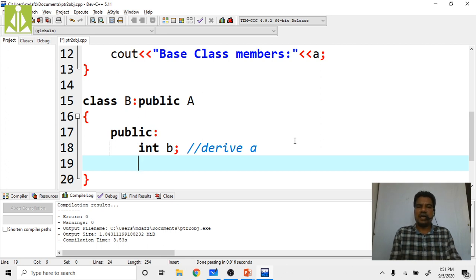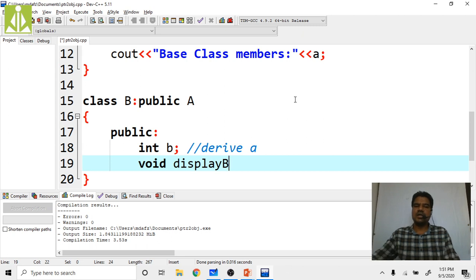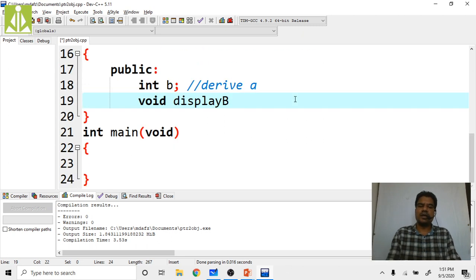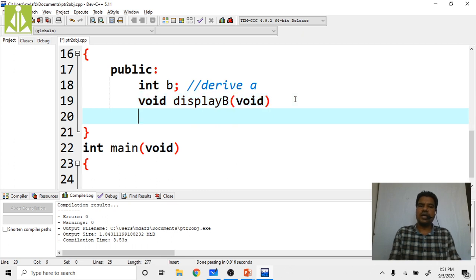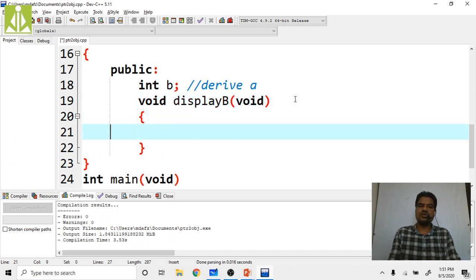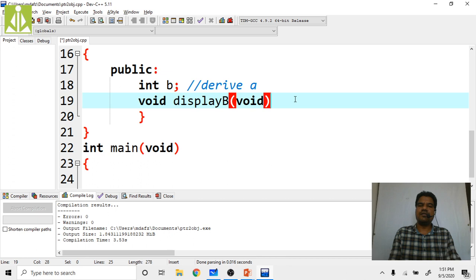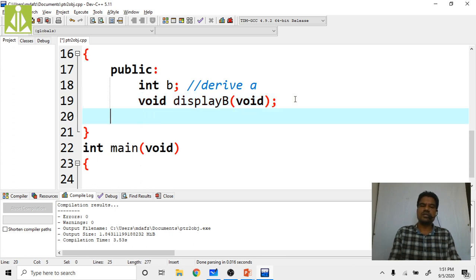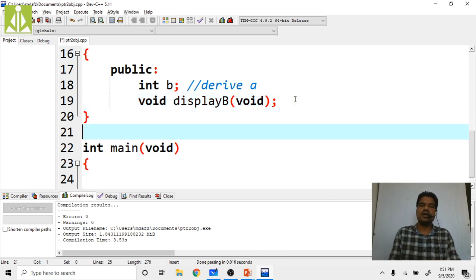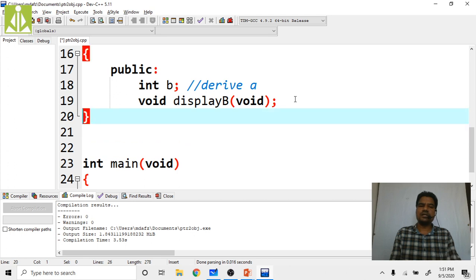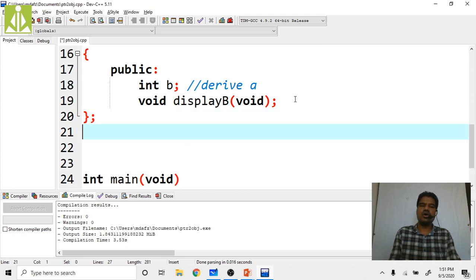So now I want to declare one public method, that is void displayB. Display A we have already taken, now display B. Here I declare it and write the definition outside the class, which is the best way of practicing. So now close this class declaration, and at the end put the semicolon.